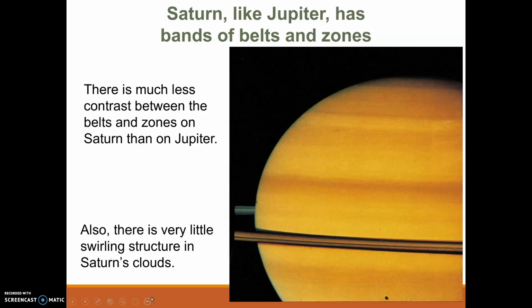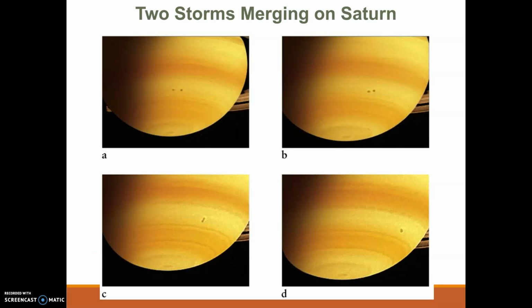So Saturn is very similar to Jupiter with its bands and belts that we talked about with Jupiter, except we have a very smooth look here, not as much swirls and contrast between those bands. We also see very little swirling structure on these clouds, so we really don't see that huge cloud swirling idea here like we see with our big great red spot on Jupiter. Here you do see some storms, but again, much less of a swirling look, which makes these storms really easily